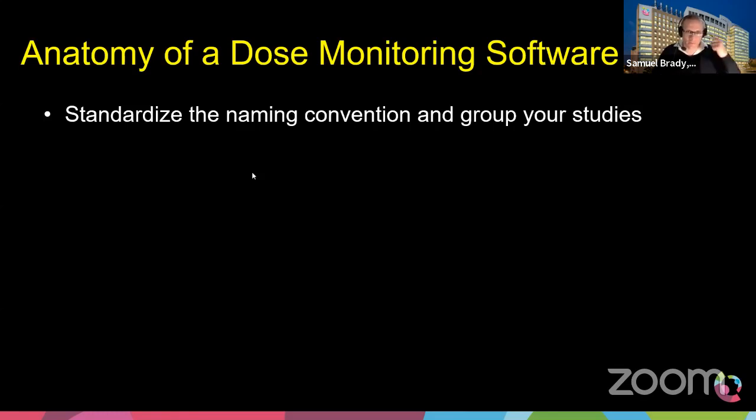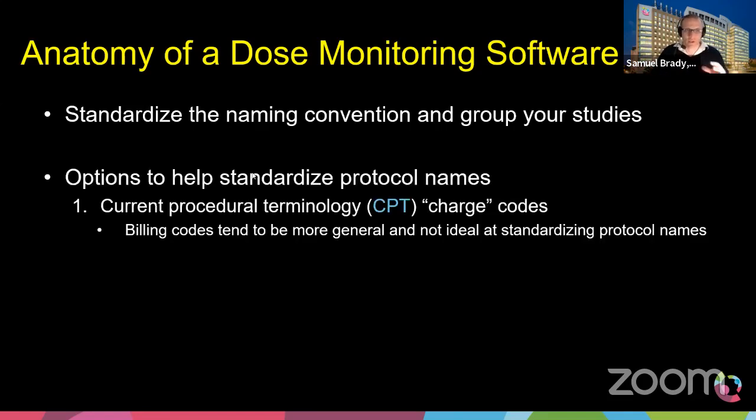Your hospital may call your routine brain a brain CT. Another hospital, even inside your own network, may call it brain with or without contrast or head CT, etc. They're all the same thing. They all are meant to perform the same scan, but they tend to have different naming conventions. So the idea here is we need to standardize that naming as much as we can. There's a couple of ways that we can approach this. I give you 3 examples.